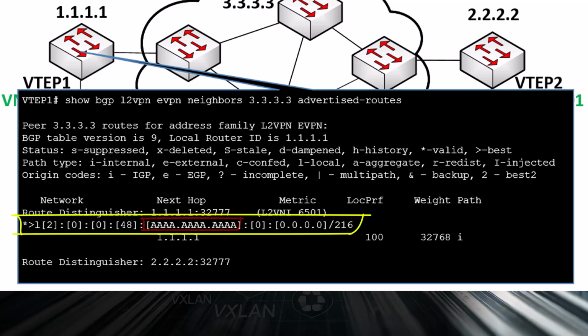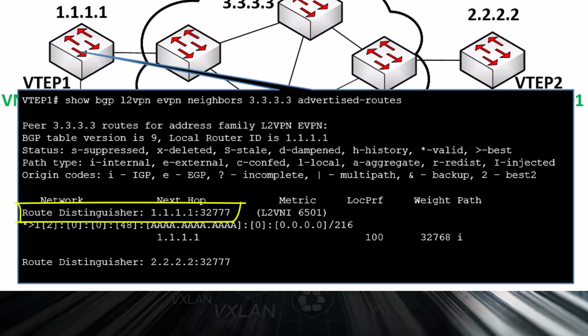Now this entry comes with some more information here, including a route distinguisher, which makes this a unique route on the topology, as well as the next hop IP that's being advertised, which of course is VTEP1 itself. We can also see the layer 2 VNI that's being advertised, which is the 6501 VNI. All of this extra information is contained within those BGP extended communities,